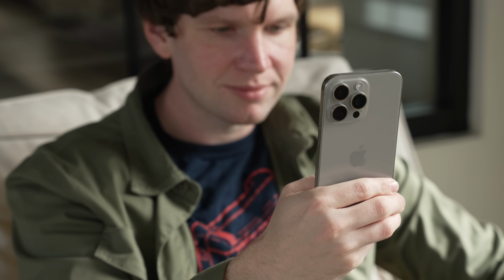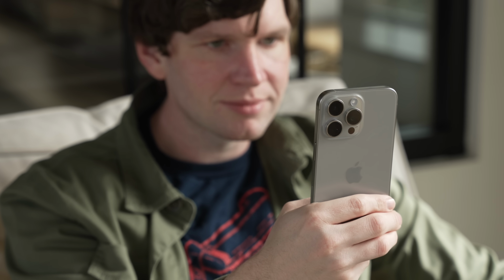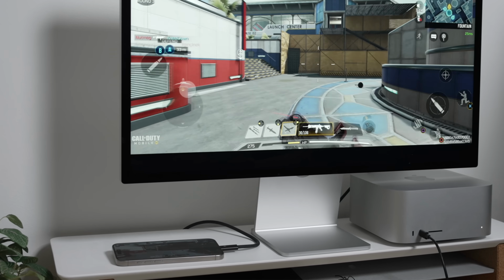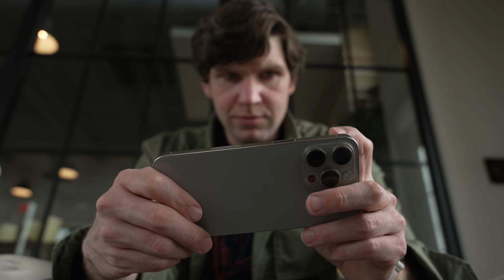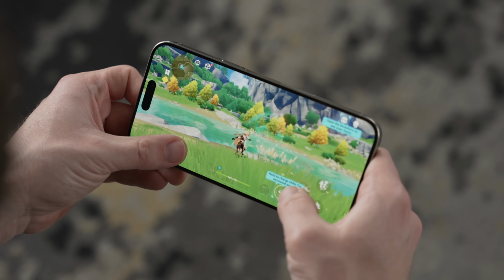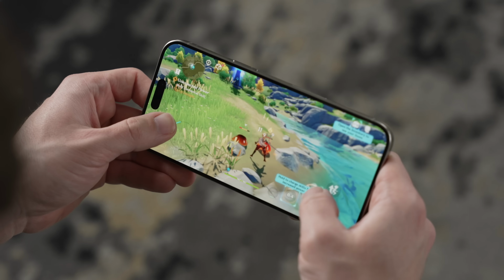It has been over a week since I got my iPhone 15 Pro Max, and this year it seems people have a lot of questions about this device. Questions like, how big of a change is the switch over to USB-C, and how good is that camera system on the 15 Pro Max, and does that 5x zoom really stand up to the hype? And is there a structural flaw with the iPhone 15 Pro Max's titanium design, and how hot is it getting in your stress tests? Well, I have answers to all of these questions, and also an answer to,